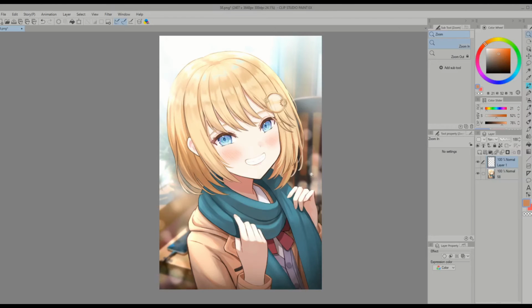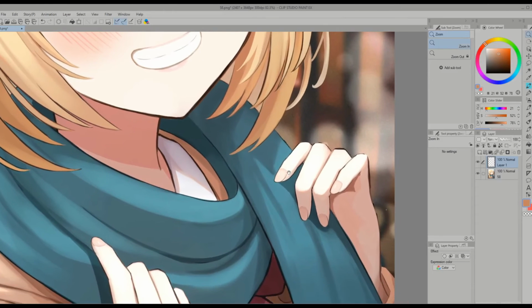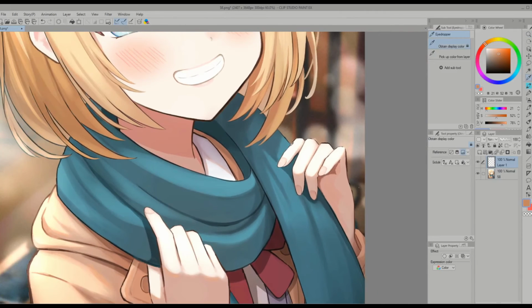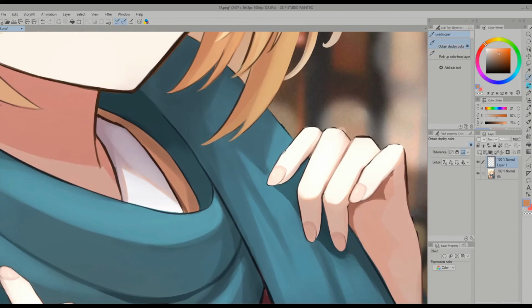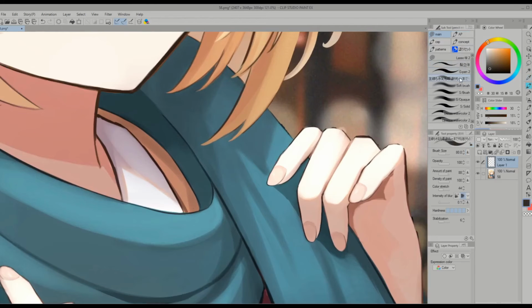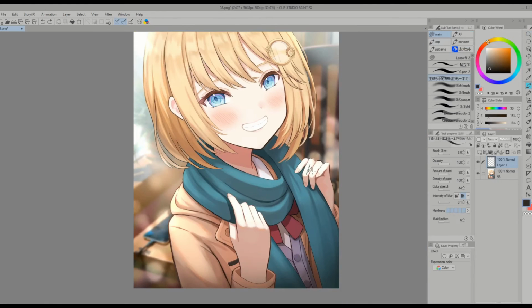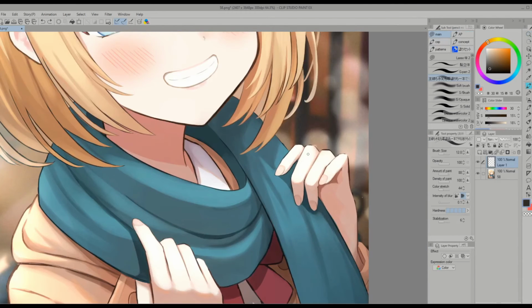Okay, now I'll show you guys this brush in action. So here's how I would use it. For example, if I want to add more lines here, it's a bit weak, right? So if I want to add more lines here, I just grab the brush, make it small, and voila, you can make lines with it. Like so. Right, so it's basically just this: small, and it becomes lines.